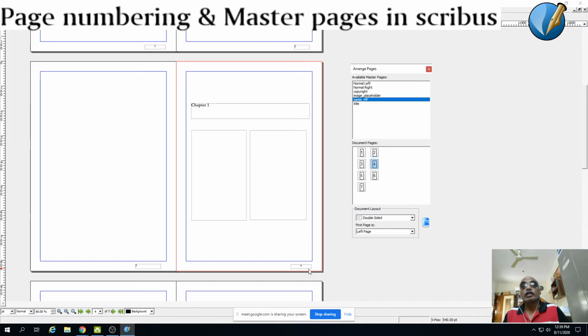Are you able to see it is displaying the correct page? Previously it was displaying 1. It was displaying 1 because we had fixed the number there, so it won't change. So if you just leave it blank and say it is going to be a page number, it will put a hash there. The moment it puts a hash, that hash will take the page number here. You see the page number here, the same number will be incorporated here.